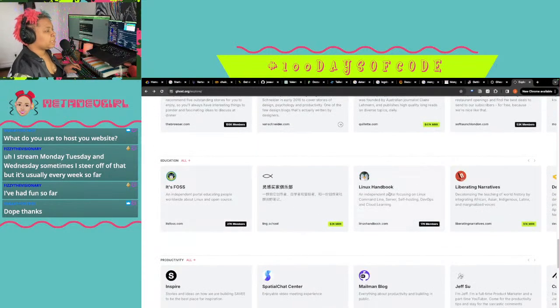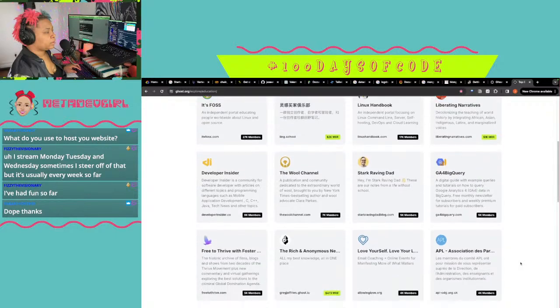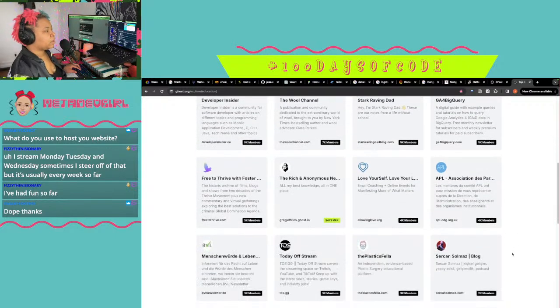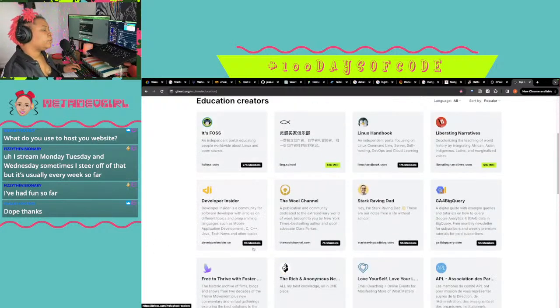So you can see Linux Handbook, like a lot of the education is tech education. Developer Insider. And it's up to you. You can go more newsletter, and then the site is just all past newsletters basically.